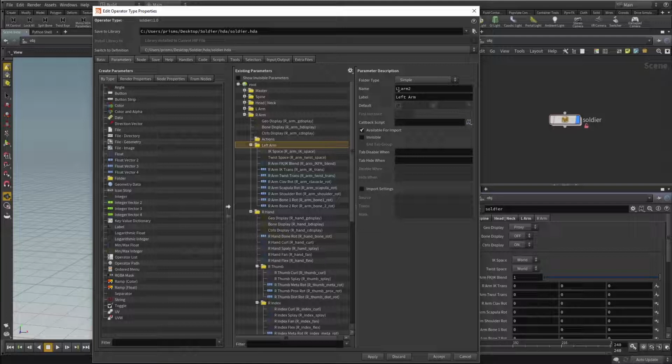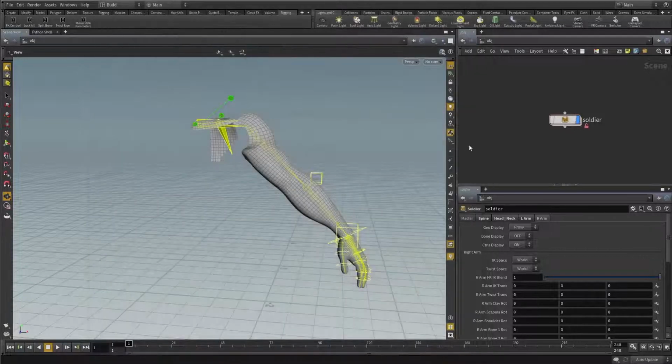And we can just change it to R and right. And if that had been L underscore or L arm, it would have changed it automatically. But since we spelled it out for this folder, it just ignored it. So that's done. So now we have a left arm and a right arm, and we don't have to recreate